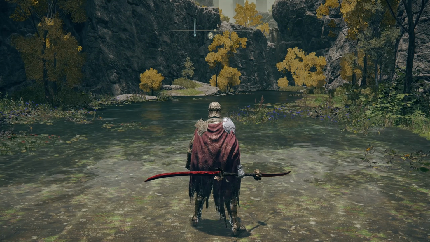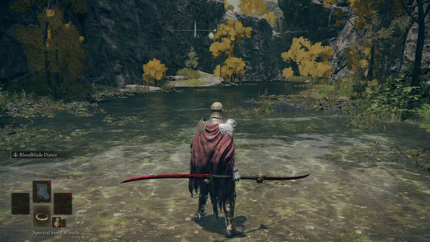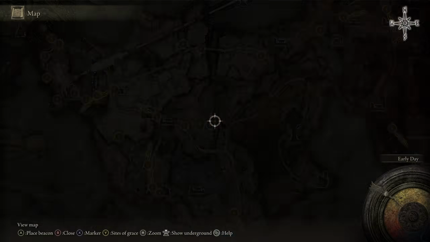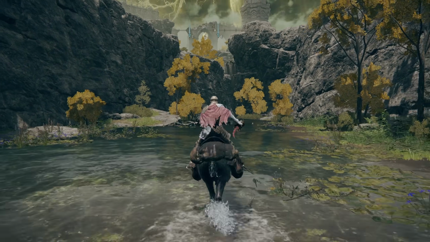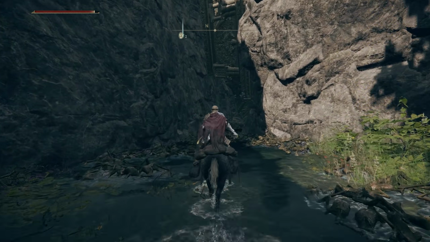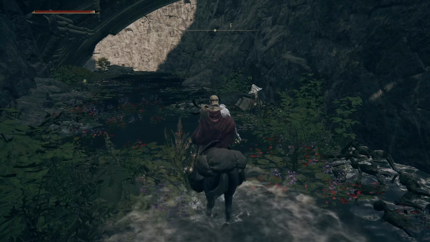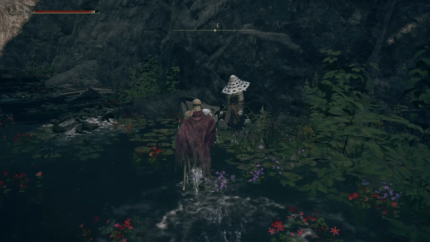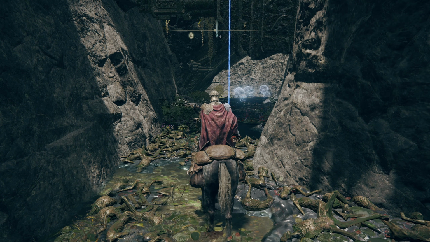So now we are all together at the exact same spot once Bloodfinger is dead. Now we are all at the exact same part of the quest. Take out your mount and you want to come to this part just under here. We're going to find Yura standing there. So what we want to do is just speak to Yura,